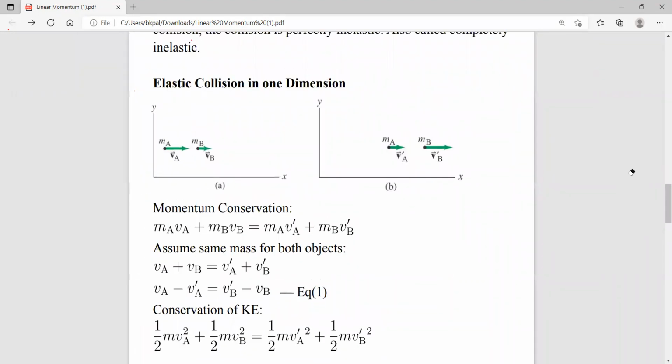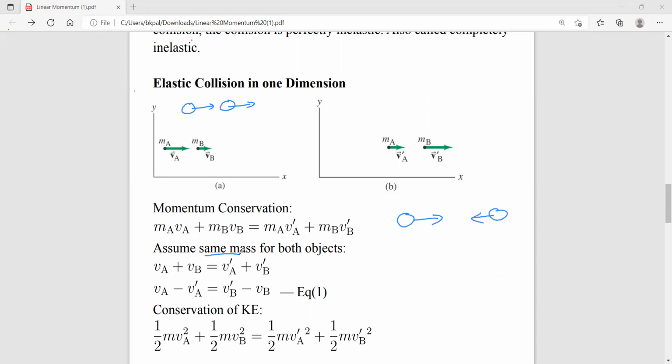Here this is an elastic collision in one dimension. It's exactly the same thing you see in the simulation. In the simulation, one object was going in this direction, one object was going in this direction. After collision we see that the velocity exchanged. Here is exactly the same thing. In this case both objects are going in the same direction, and because the collision is elastic and we assume that the masses are the same,